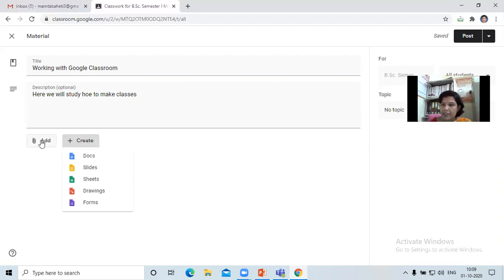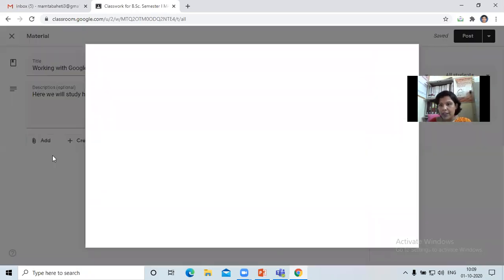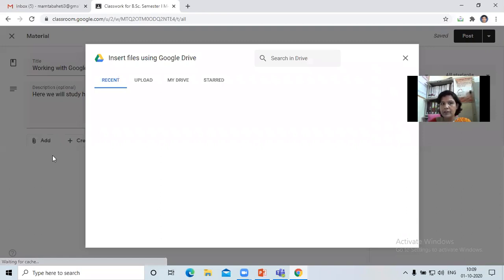You have the material ready and how to arrange it or upload it. So first I'll click on add, and from here I'll select Google Drive. Okay, from the Google Drive, if the study material is already available on my drive, I can upload it.